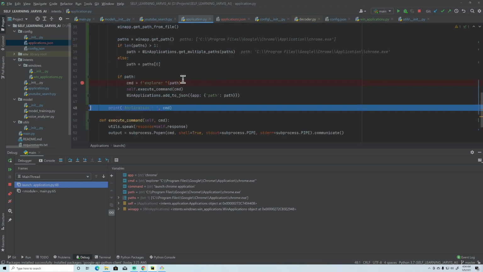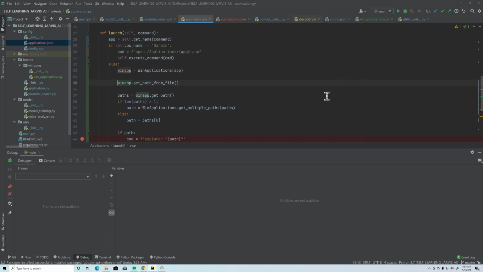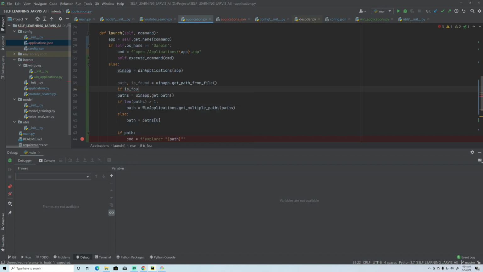So for that, what I am going to have, just close this here. So we are getting tuples. So path and is found, right? So here if is found is false, not this, false, right?